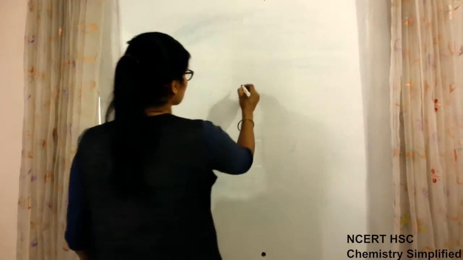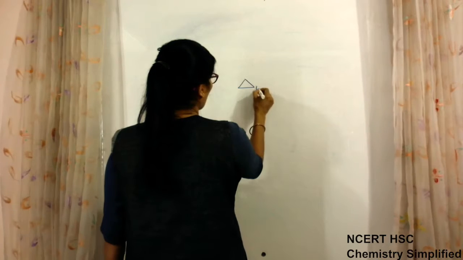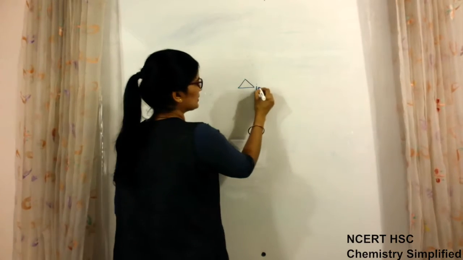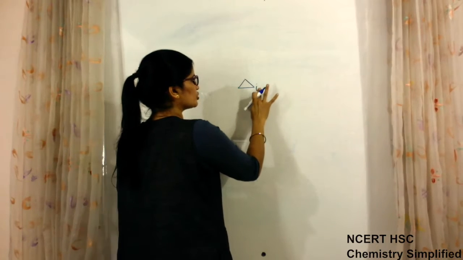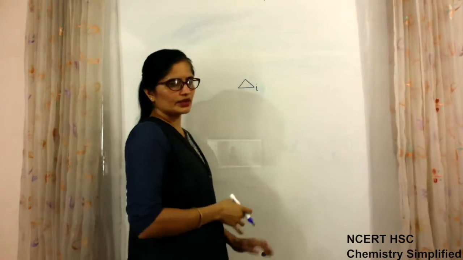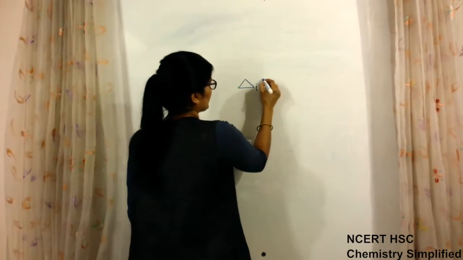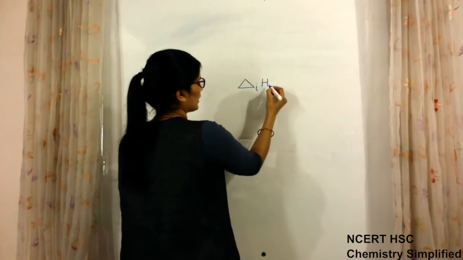Okay, then explain why beryllium has higher ionization enthalpy. I told you that ionization enthalpy is written as delta IE. Sometimes it is written as IE, or sometimes only I will also be written. So you have to understand it is delta, that is change in enthalpy H, and